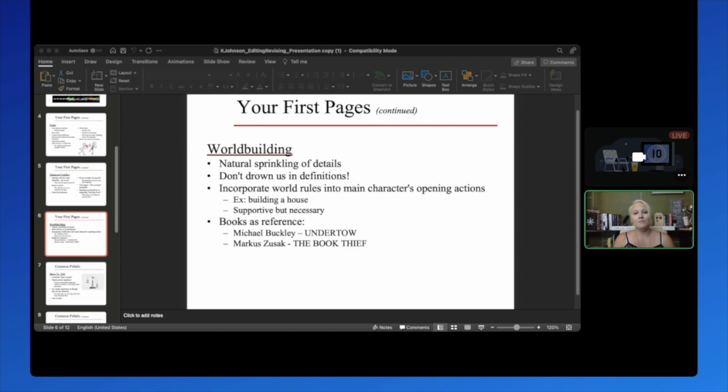You can incorporate your world building rules as characters go along. I really think of, when I'm editing, world building as kind of like the building of a house. It's supportive, but it's not necessary to things. So basically, the world building, if you're building a house, is going to be the studs underneath the walls. We don't see it all the time, but it is what holds the house up. So a lot of this is, you've got those studs, you've got the nails, you've got everything holding it up, and then we decorate with